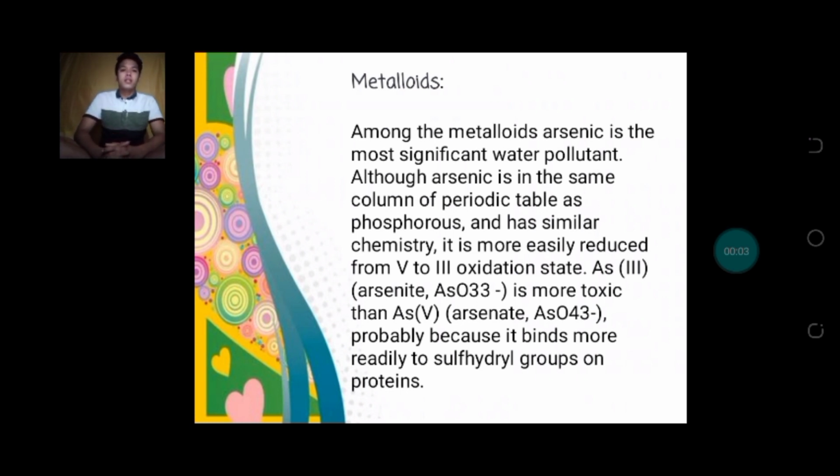Metalloids. Among the metalloids, arsenic is the most significant water pollutant. Although arsenic is in the same column of the periodic table as phosphorus and has similar chemistry, it is more easily reduced from the +5 to the +3 oxidation state, as arsenite. AsO3 3- is more toxic than As(V) arsenate, AsO4 3-, probably because it binds more readily to sulfhydryl groups and proteins. So, metalloids are the most common groundwater contaminants that present a risk to users of groundwater if concentrations exceed acceptable